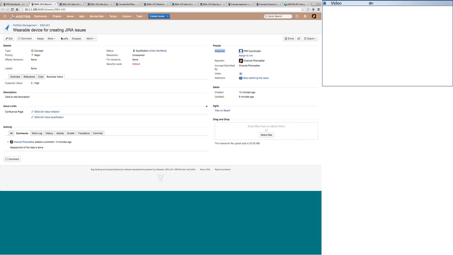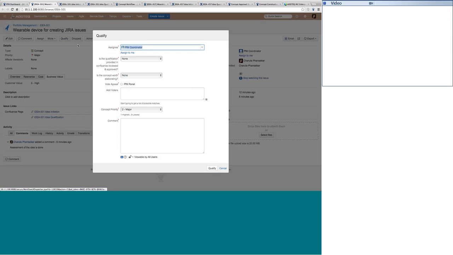So let's go ahead and see that we've already qualified the idea. Here we have to just answer a small questionnaire in order to be sure that the qualification provided in the Confluence page is reviewed and approved. Approved, yes. If the concept was elaborated, why are we asking these questions again? For a very easy reason: whenever we go further in the life cycle of an idea or concept, we have different, very important people investing their time and effort in this. And we want that every idea that is seeking time from different people is worth enough for that purpose. So let's say that this concept is worth elaborating, yes.